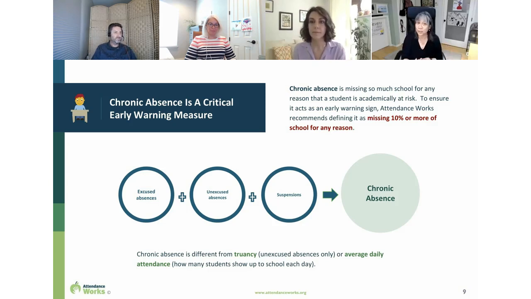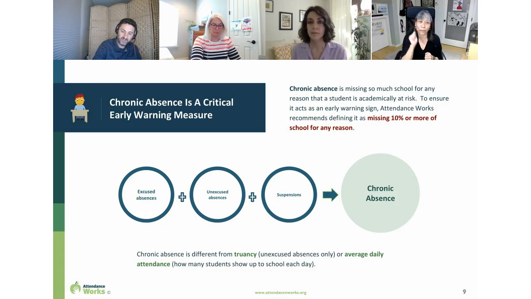So let me start by just making sure we all have a common understanding of what we mean by chronic absence, which has actually only been around about 10 years as a metric. Chronic absence is missing too much school for any reason, whether that's excused, unexcused, or suspensions. That counts as chronic absence, and we look at it as missing 10% or more of the year because we want it to serve as an early warning sign. So 2 days in the first month, 4 days in the second month, 6 days in the third month, that allows you to notice chronic absence and take action before kids miss so much school that they're going to fall